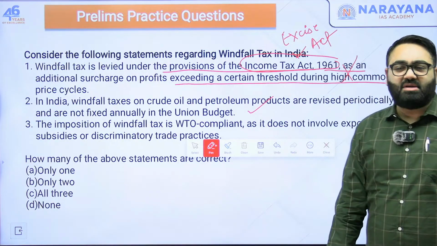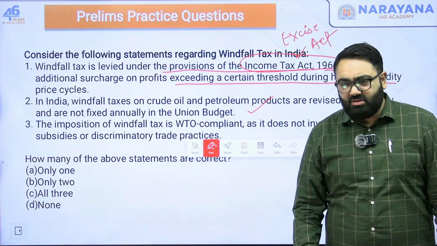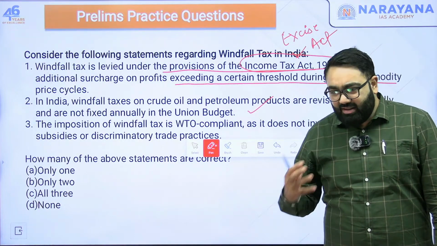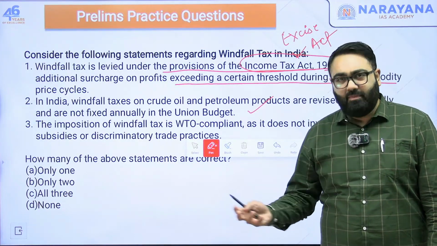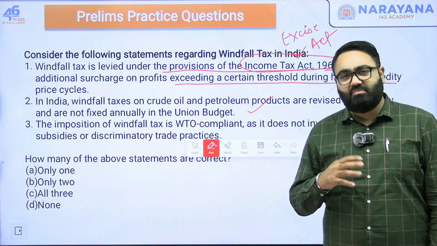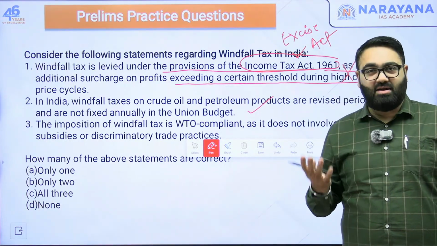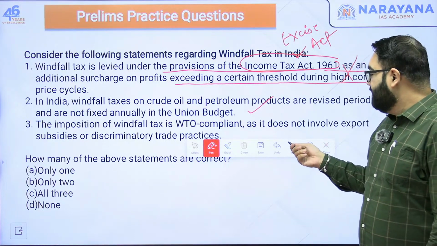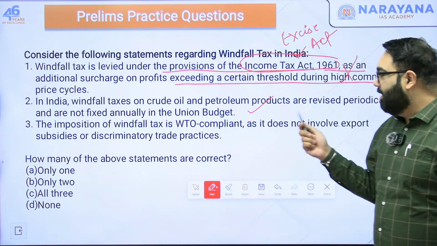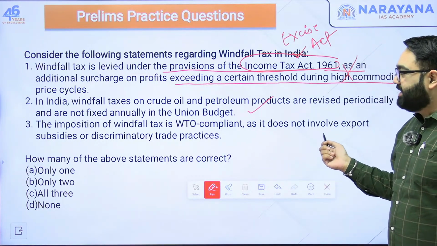See, in the union budget, you cannot make provisions for it because these are ad hoc taxes. These are based on situations. When the government thinks that there is a lot of profit being made by the company without any of their effort, then they will put it. The budget would only have those things that are planned in advance. So second is correct. Third, the imposition of windfall tax is WTO compliant as it does not involve export subsidies